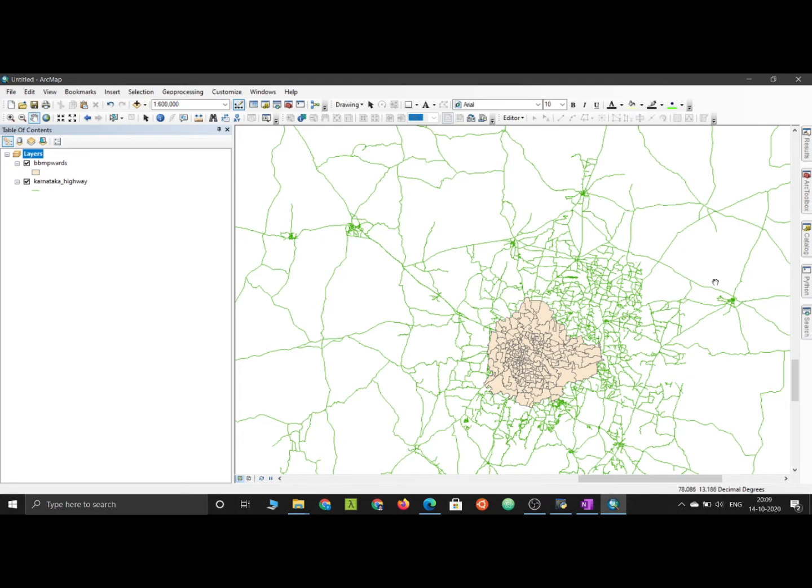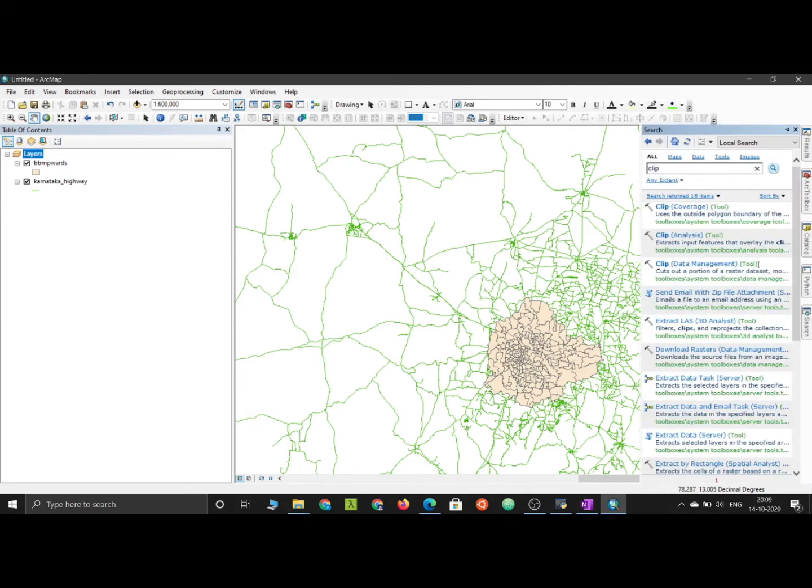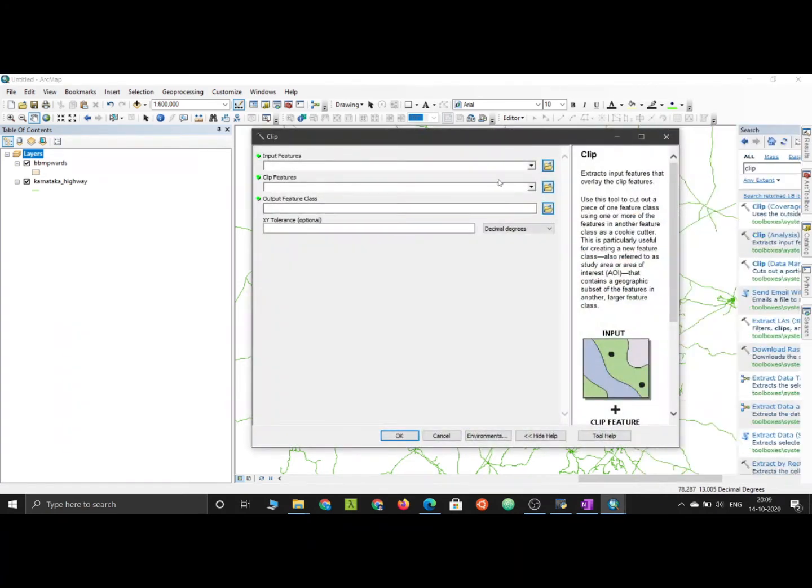I have the state highways of Karnataka and the wards of Bangalore city. I want to just clip these roads to the outer boundaries of the Bangalore wards. So what I do is I use the clip feature. I go to clip analysis.